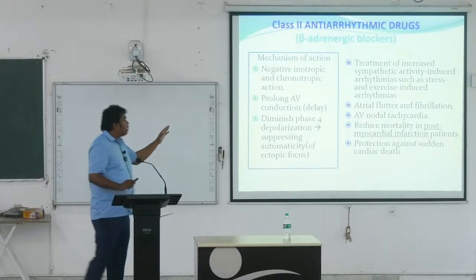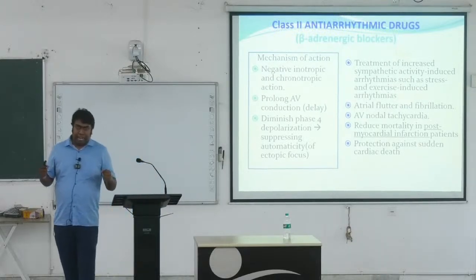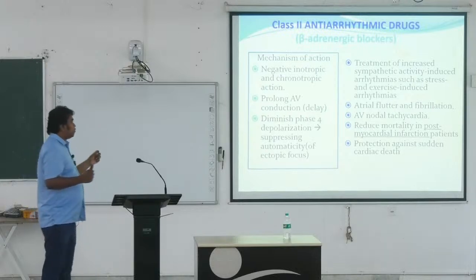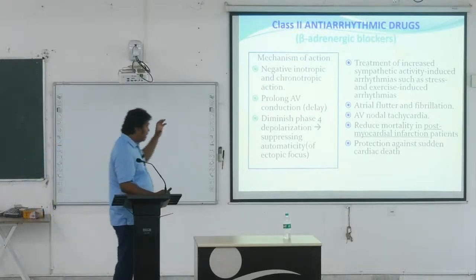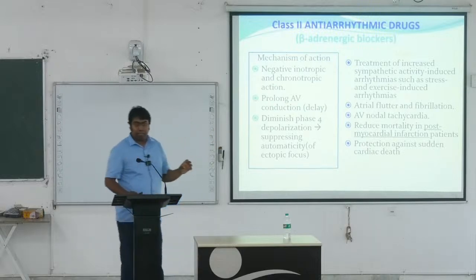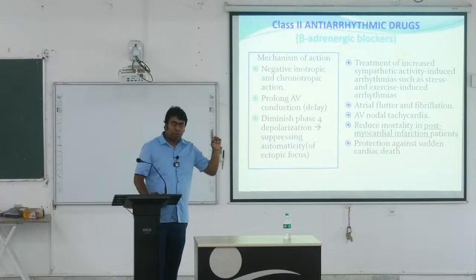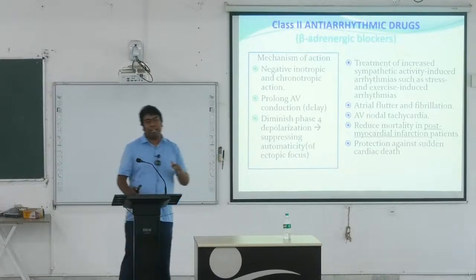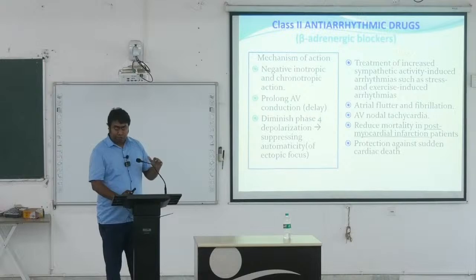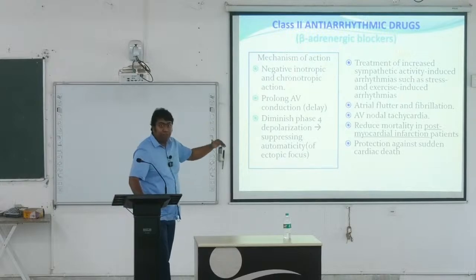তাহলে কোথায় ইউজ হয়? Increased sympathetic activity induced tachycardia, stress induced, exercise induced arrhythmias. Here it is very good. Now atrial flutter and fibrillation. তাহলে আমরা ওয়ানে কি দেখেছি? অ্যাট্রিয়াল দেখলাম না ভেন্ট্রিকেল দেখলাম? প্রাইমারিলি ভেন্ট্রিকুলার অ্যারিথমিয়া, তাই তো? 1A 1B 1C। তাহলে অ্যাট্রিয়াল কোথায় দেখবো? অ্যাট্রিয়াল ফ্লাটার, অ্যাট্রিয়াল ফিব্রিলেশনে বিটা ব্লকার।